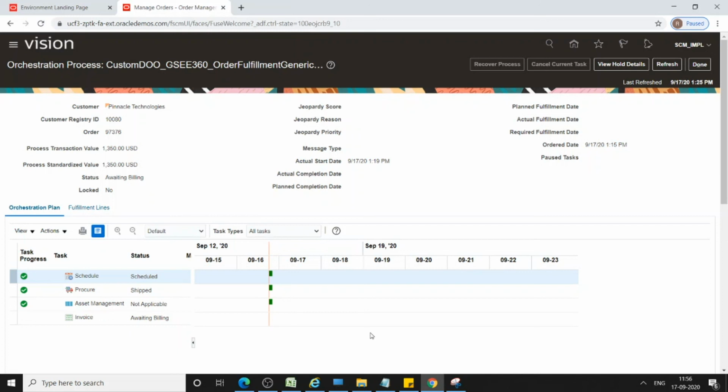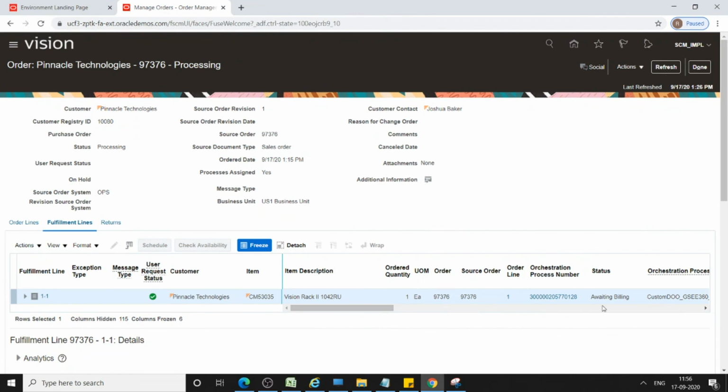Once the billing is done, the line gets closed automatically. Click on done. Now the status has changed to awaiting billing, which means it is interfaced to the AR module, and from there you can create the AR invoice. Once you receive the amount from your customer, you can create the receipt.